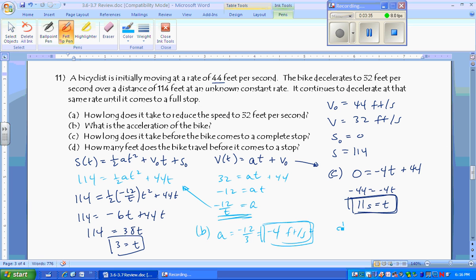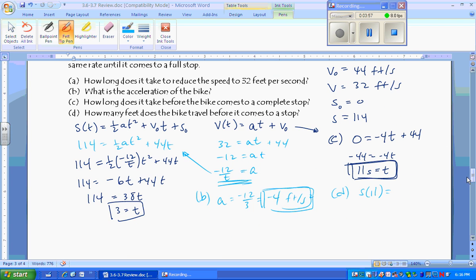And then the last part, part D, asks how many feet the bike travels before it comes to a stop. Well, that would be our ending distance, final position. That happens after 11 seconds, so we'd have to put 11 into the position function. So if we put 11 into the equation, now that we have everything, we would have